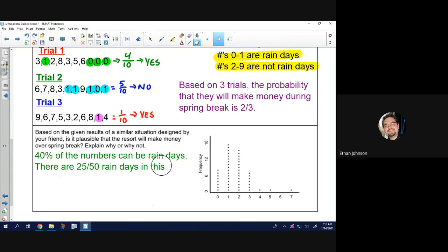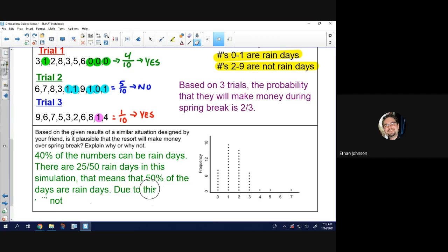There are 25 out of 50 rain days in this simulation. That means that 50% of the days are rain days. Due to this, they will not make money during spring break. Once again, we have to use the same key that we used